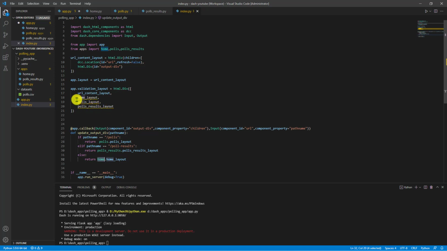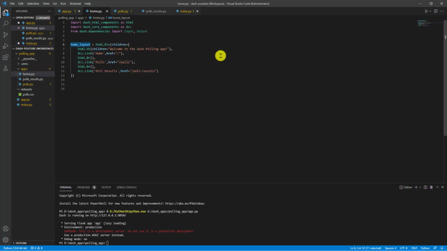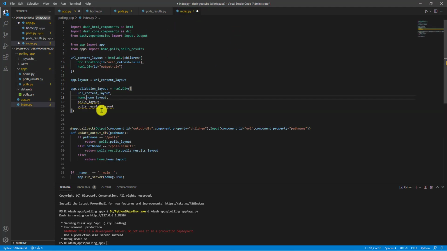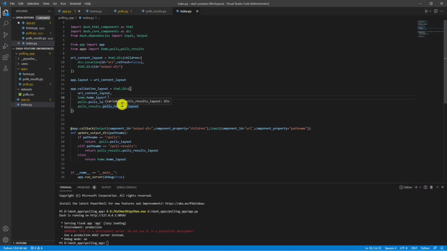For home layout, it will be home.home layout, because in that home.py I have this particular variable defined. Similarly, for polls results, it will be polls results dot polls result layout, because in that particular file I have this variable defined. Similarly, for polls as well, the polls layout here, right? So now this is also fine. My validation layout is also fine, right?